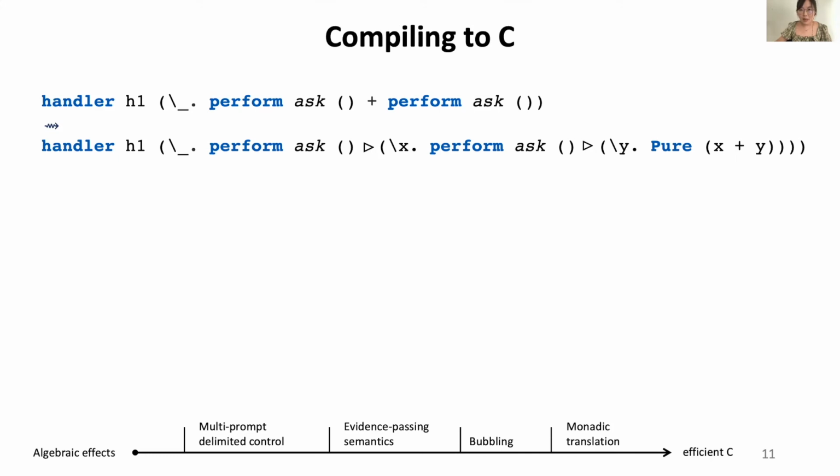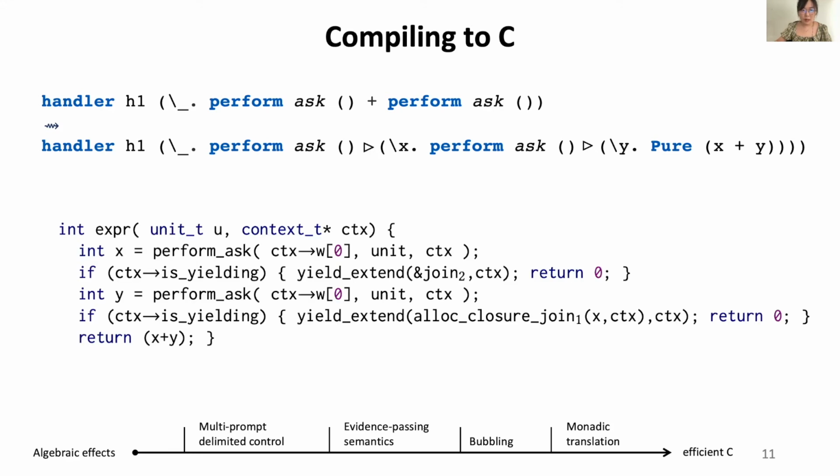At this point, we can use regular compilation techniques to compile the algebraic effects to any target platform. As an example, we show how Koka compiles to standard C. This is the C code generated for this expression, and we highlight some key components. This context is the evidence passing part, which stores the current evidence vector. When perform ask, as in this case, the type is statically known, we can do a constant time array access